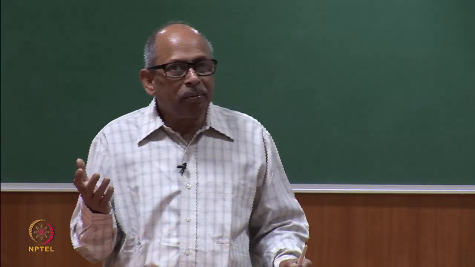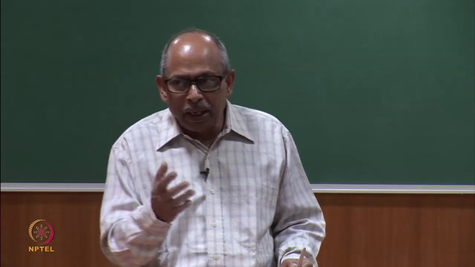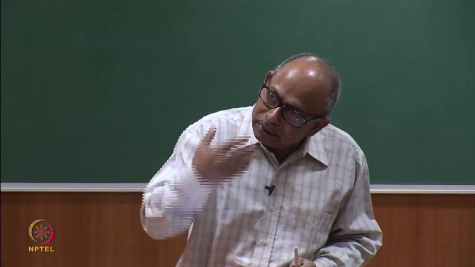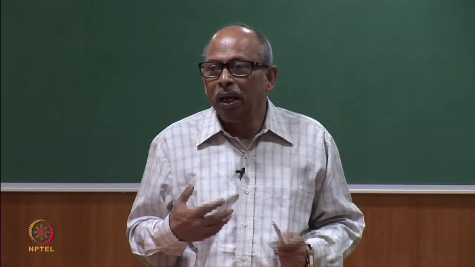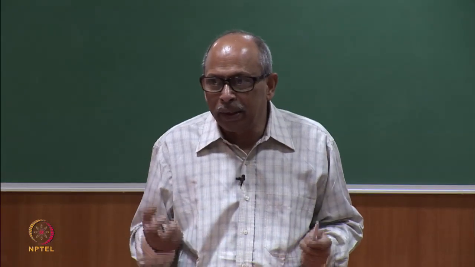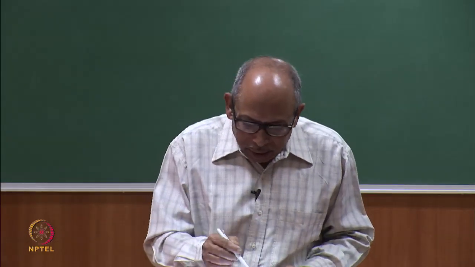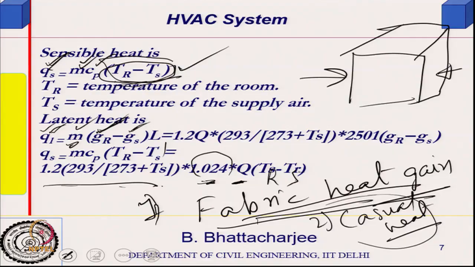So, fabric heat gain capacity, a peak fabric heat gain, you know at this design condition what will be the heat coming from people, etc., total heat to be taken out, sensible heat to be taken out, and latent heat to be taken out, you can find out. Once you have done that, this being known, rate you can find out. Rate is known, moisture content you can find out, because this is known. So, this is what would be our exercise.